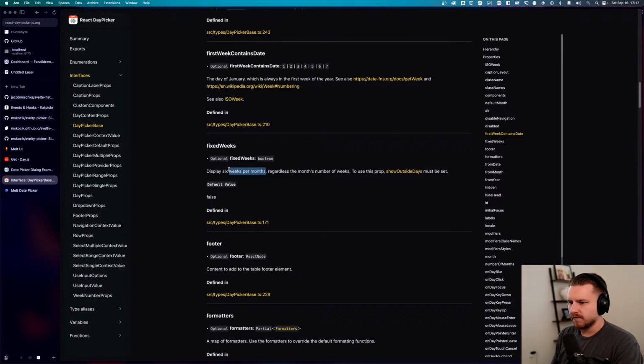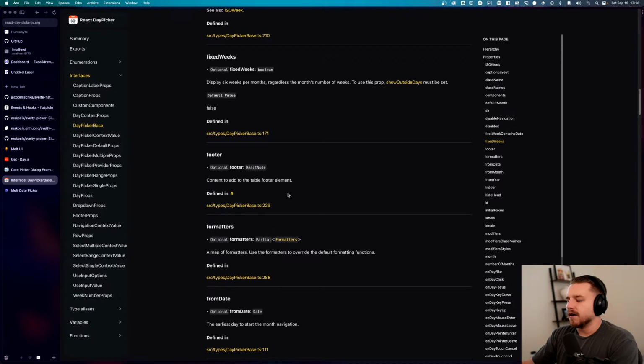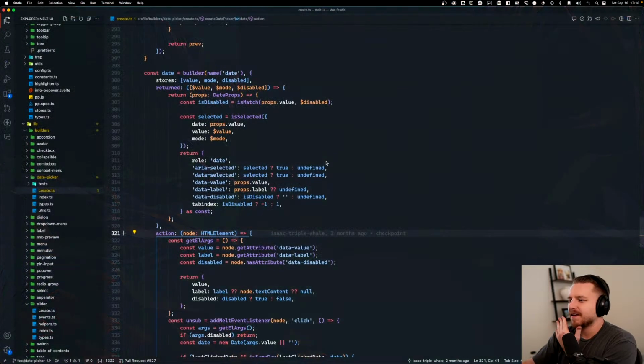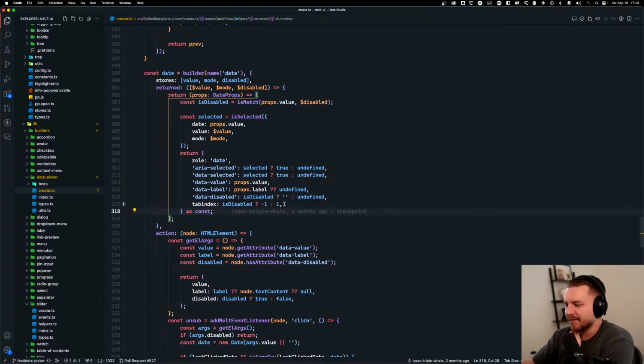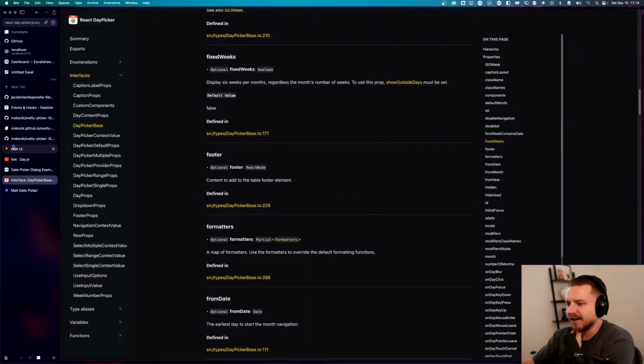It'll probably be a separate builder, or it'll be a store. Like Tomas and I were saying yesterday, probably a store. And then it'll be up to you to apply the right attributes if you want to use the calendar by itself and build out your own calendar component, because there's no way for us to predict if you want to use a select, if you want to use this, that. The options with these are limitless, which is why I was avoiding doing this one. There's a crippling amount of options to where you feel like you're never going to have it